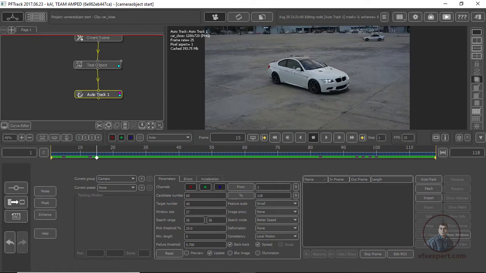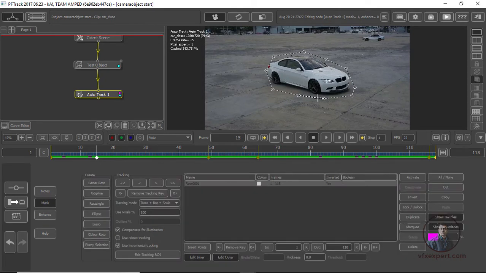Okay, so if you want to track your object you have to ignore your camera motion. So now simply click on mask again. Now this is your previous mask which you created in part 1. Suppose you want to use this mask, then you can use it with the help of the invert option. Otherwise you can create another mask. Here I am going to use the same mask.